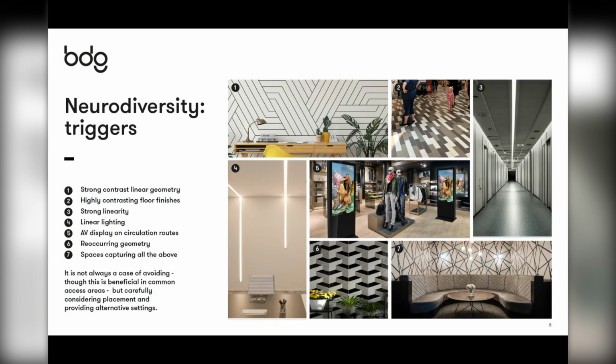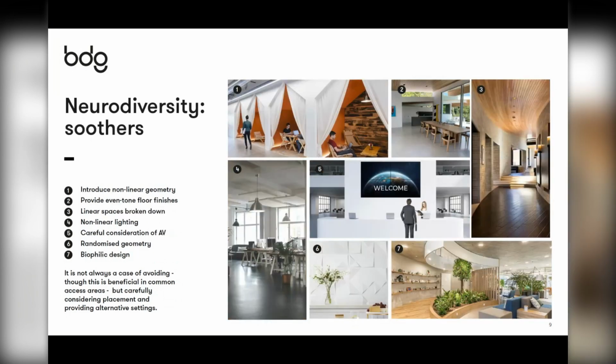And if there's a problem that's highlighted, then it can be managed before it gets on site and before it becomes a major issue. And similarly, this is what we've called at BDG soothers. And again, this isn't a you should do this. They're just images, and again, largely culled from the internet. And they're really just suggestions of how you might approach a space. And if you have got strong linearity in a space, consider breaking that up. You consider